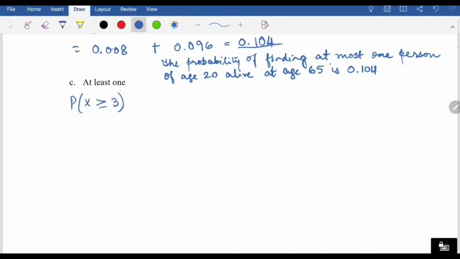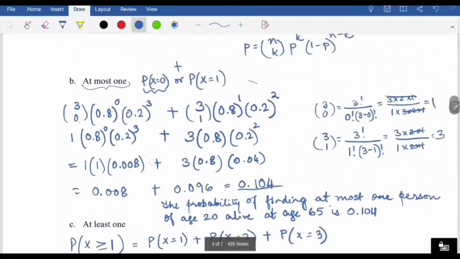So the lowest value has to be a 1 or greater than 1. Let me correct that. I don't know why I wrote a 3 there. So probability of x greater than or equal to 1 will be these 3 probabilities: probability of x equals 1, plus probability of x equals 2, plus the probability of x equals 3. Right? Now x equals 1 and x equals 2 we already calculated previously when we did our work on